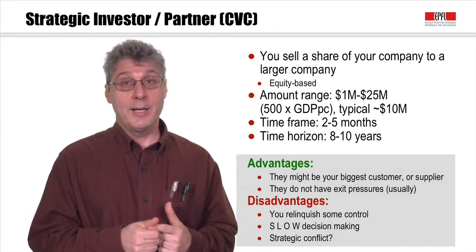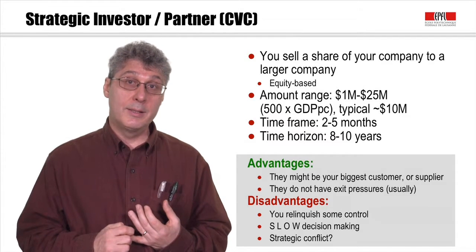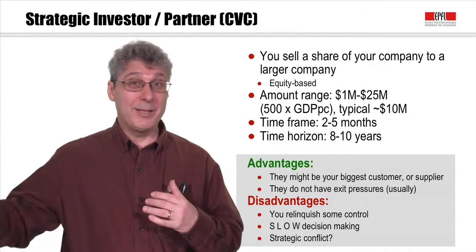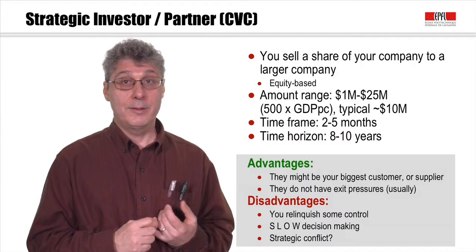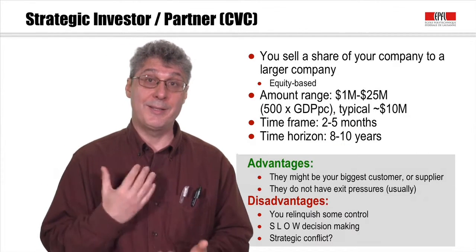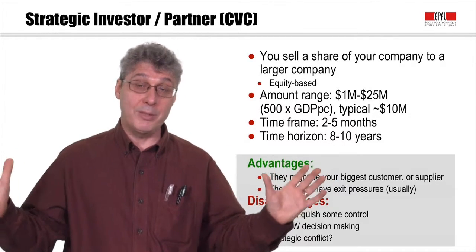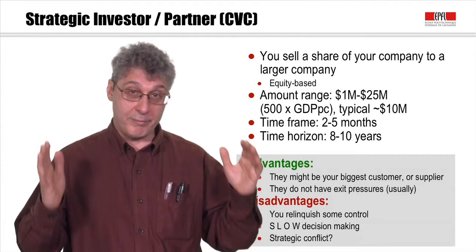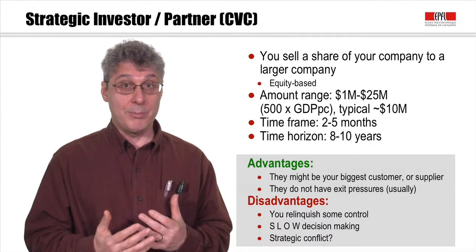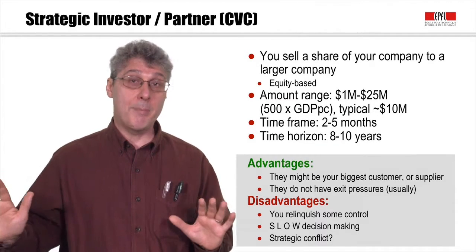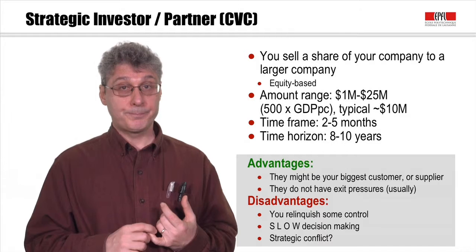The disadvantages: you do need to relinquish some control. They are going to have some influence on your decision making, and compounding their influence on your decision making is the speed of their decision making. Some people are attracted to startups because they want to make quick decisions, and many big companies, especially the kinds that can make these kinds of $10 million investments in small companies, have very slow decision-making processes. You have to factor that in because when you want to do something very quick, they may not be ready for it. It may take them a very long time to build consensus inside their big company.